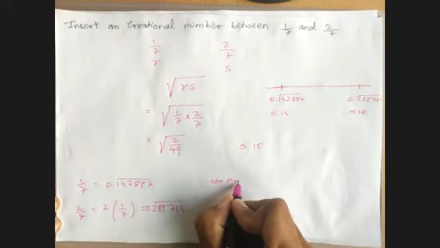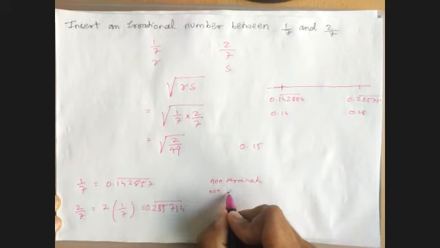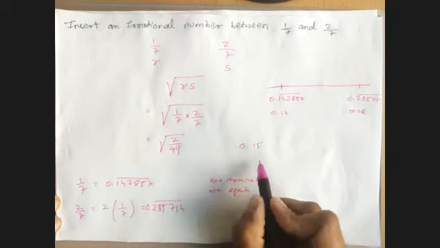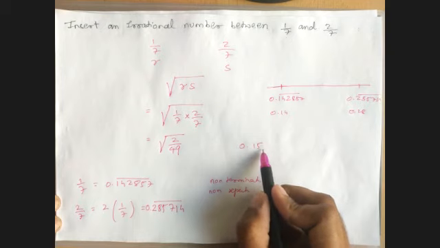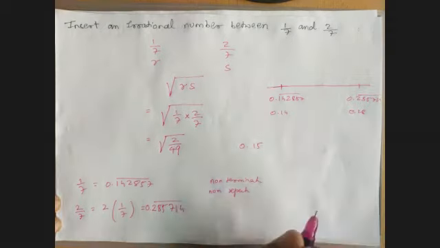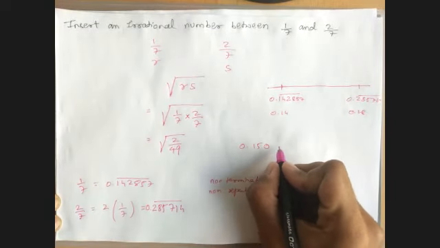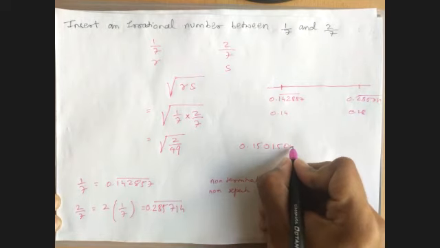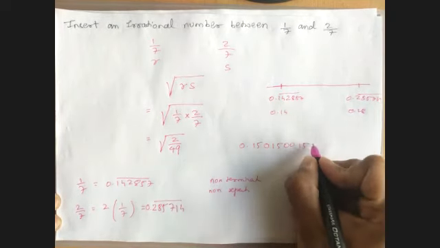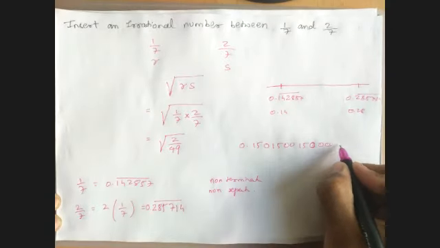It should be non-terminating and non-repeating. So I have to write a number such that it should be non-terminating and non-repeating. How do I do that? I put dot dot dot. So how I put dot dot dot is important. 0.15, I put 1 0, 1 5 2 0, 1 5 3 zeros, and I put dot dot dot